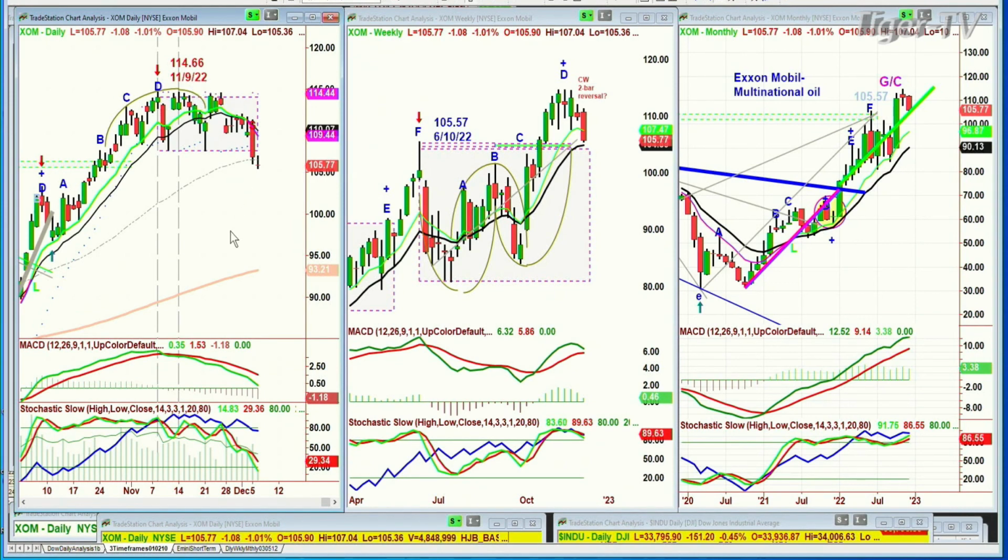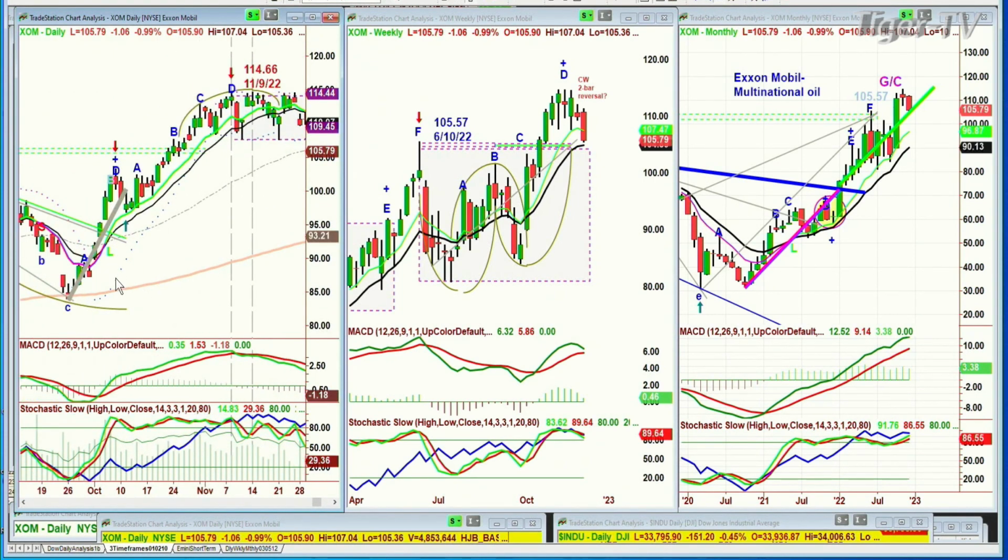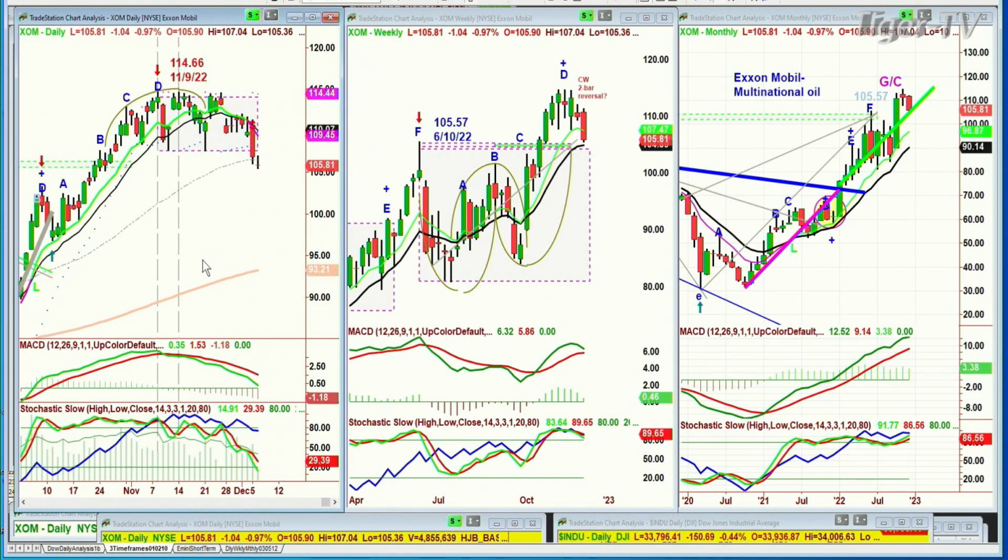And look at that, the MACD's been deteriorating. Stochastic's now way down 29%. The 9 is about to cross the 14 for the first time in a long time, since it crossed positive way back at about $87 in October. And here it is at 105. It hit 110 as it was turning pink. And here it is at 105 today.